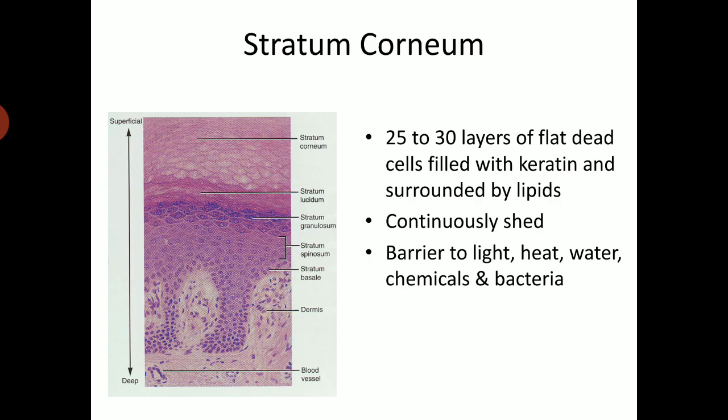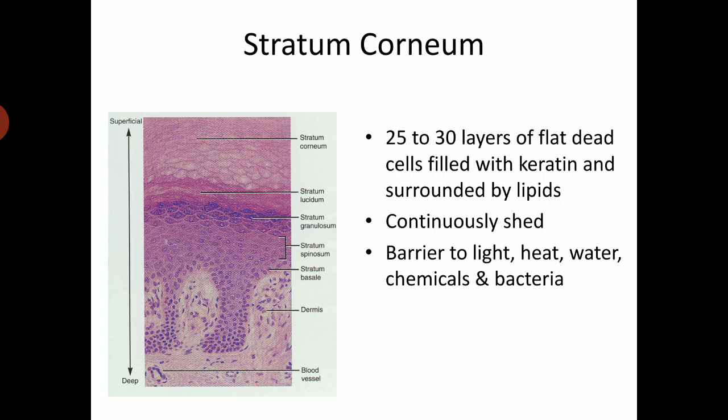The stratum corneum is the most superficial layer of epidermis and is the layer exposed to the environment. The increased keratinization of the cells in this layer gives it the name corneum. There are usually 15 to 30 layers, or you can say 25 to 30 layers of cells in the stratum